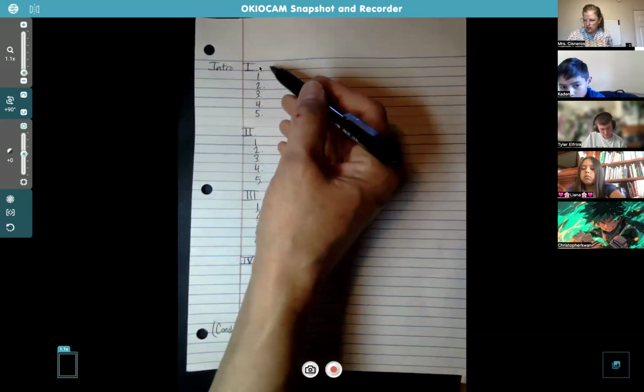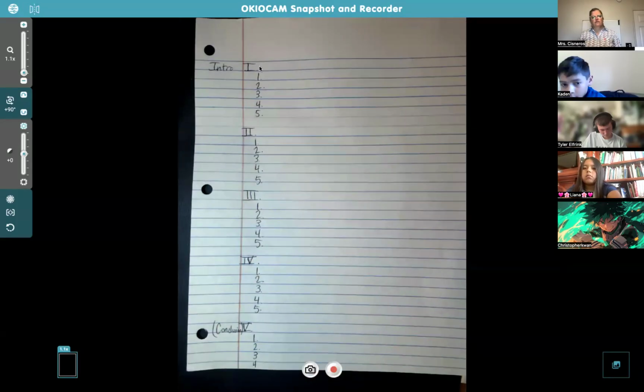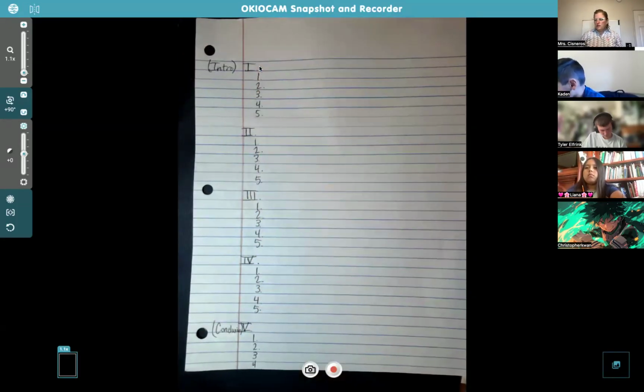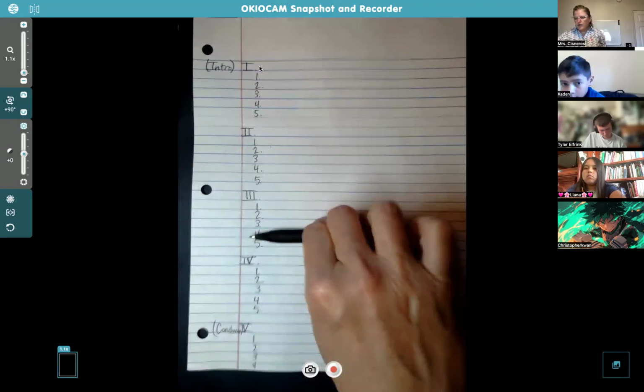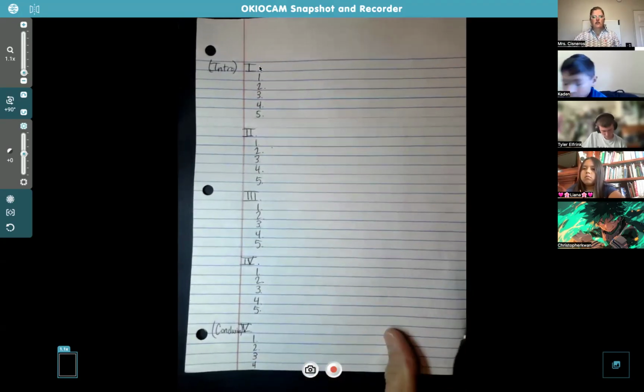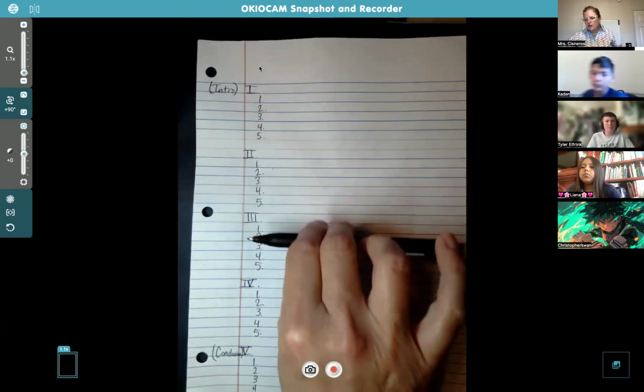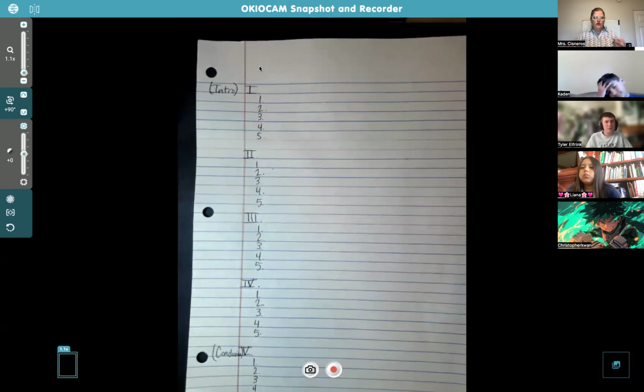So we have the introduction and the conclusion. I'm going to put them in parentheses here. These are your body paragraphs. When you write a 5-paragraph essay, you start with the body. So just forget about the introduction and conclusion at first. When we're reading the article, we're going to focus on the body part of the paragraphs. Okay, now we are ready to dive into this practice.